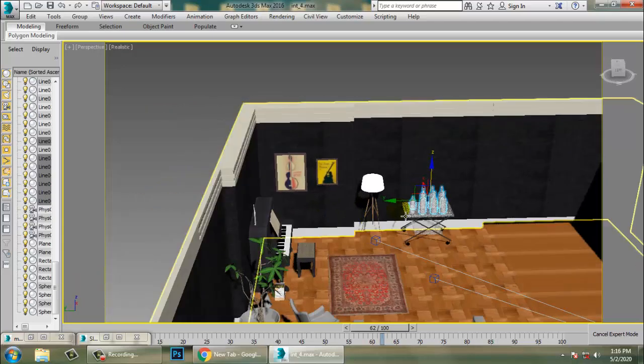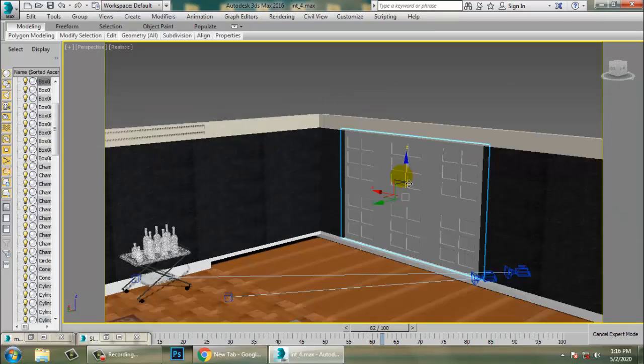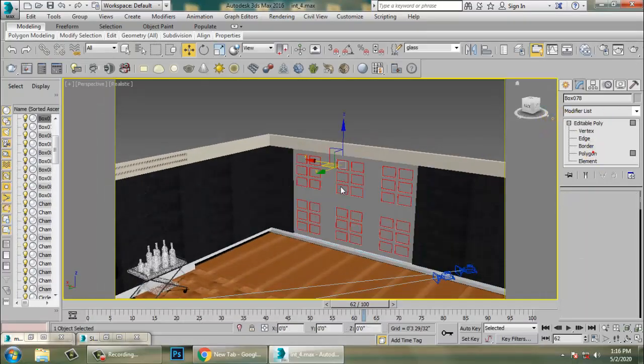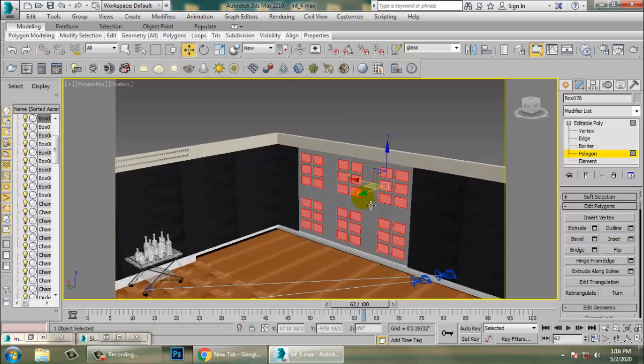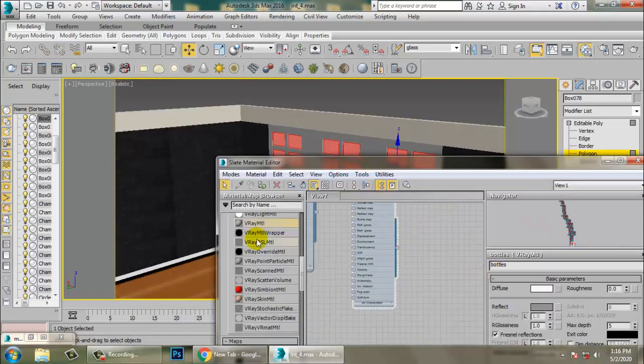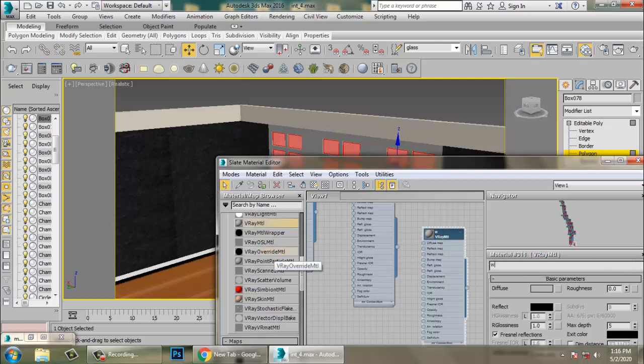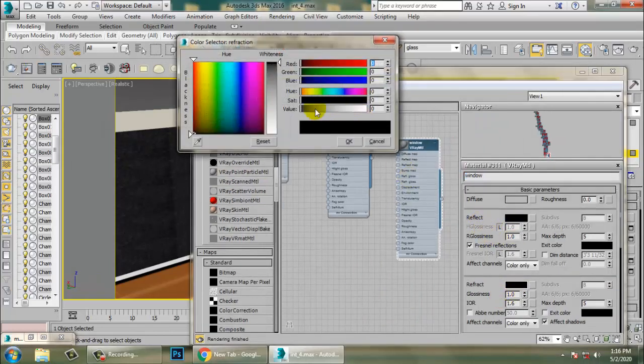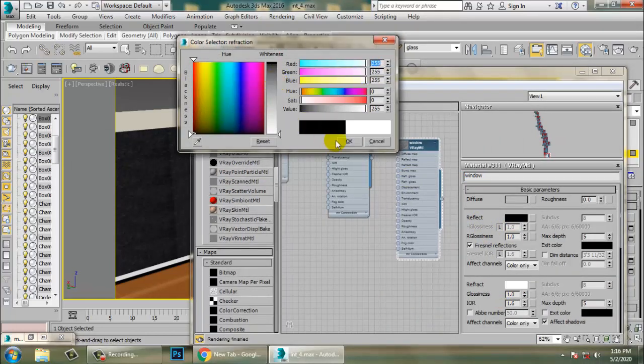And once you're done over here, let's go into this and let's assign a window texture for this. So let's go into material and let's take a V-Ray material over here and let's rename it as window, and let's give the full refract, that's your full transparent texture.